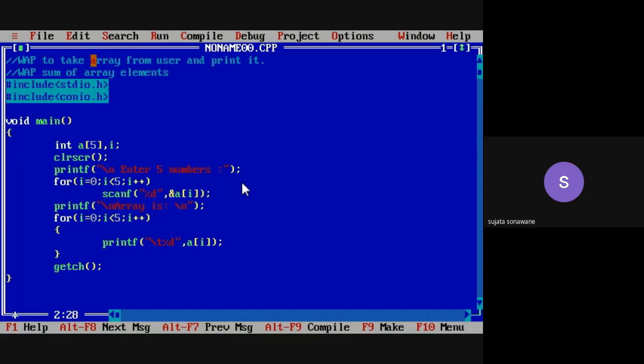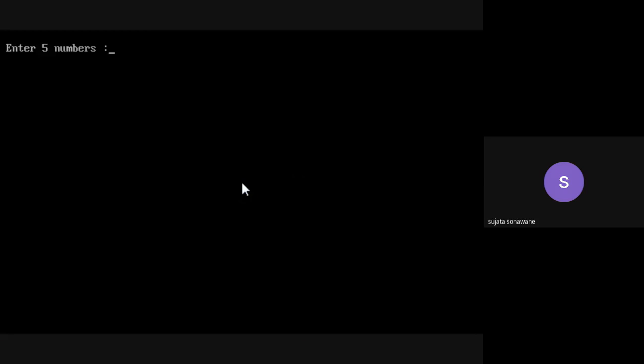Just for example, when I print this array, see here that 5 numbers we have to enter. I have entered some numbers. Now what will be the addition of these numbers?